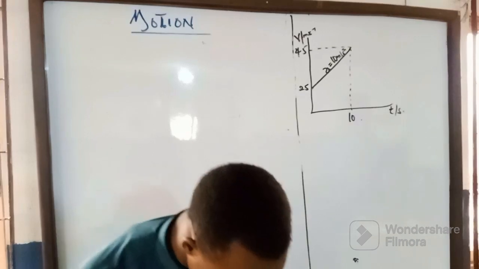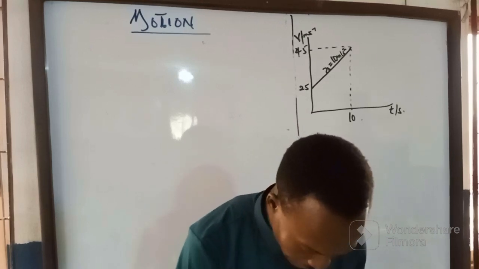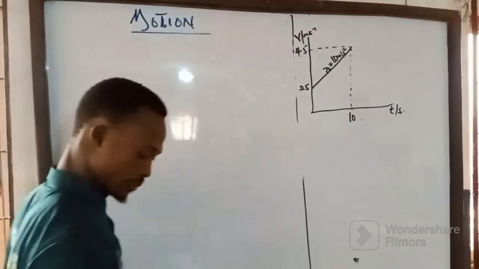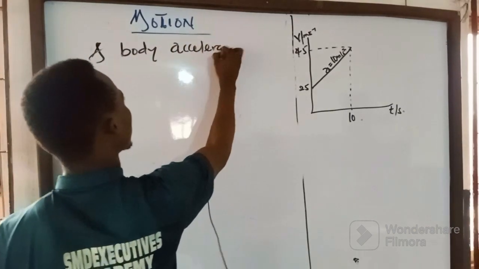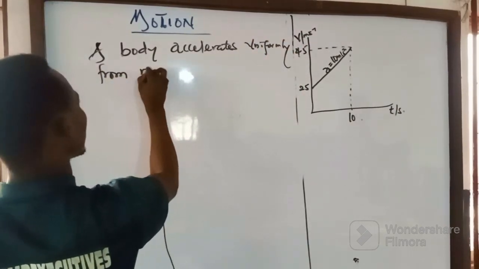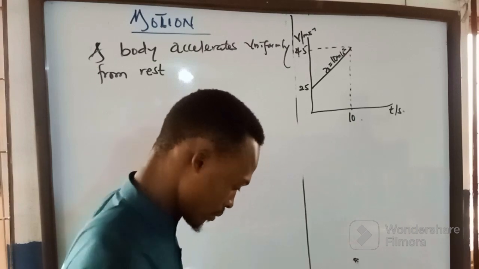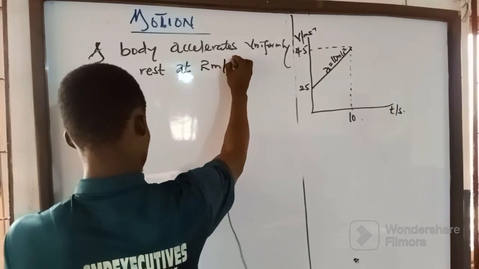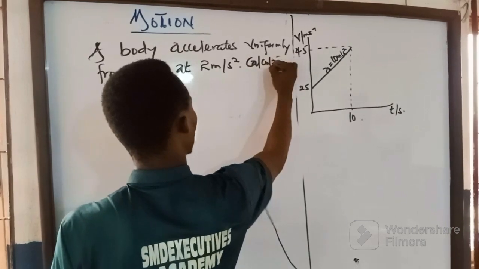Now, we have another question here, and it says that a body accelerates uniformly from rest at 2 meters per second square. Calculate. This question is telling us to calculate